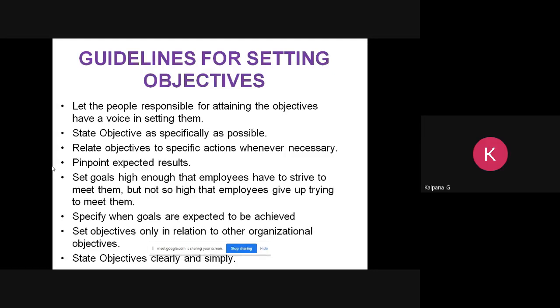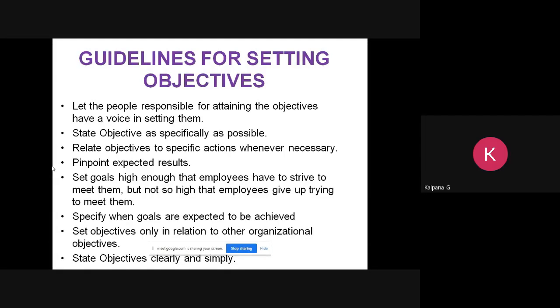Objectives should be periodically reviewed. So again, this point is repeated. Objectives should clearly indicate the resources and authority required for achieving them. So we are going to have the team and tell who is responsible for which activity or which objective. All the assumptions underlying the objectives should be clearly identified and disseminated to the particular team involved in this task. So these are the general guidelines in setting the objectives.